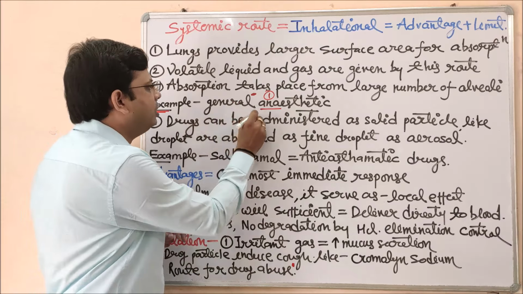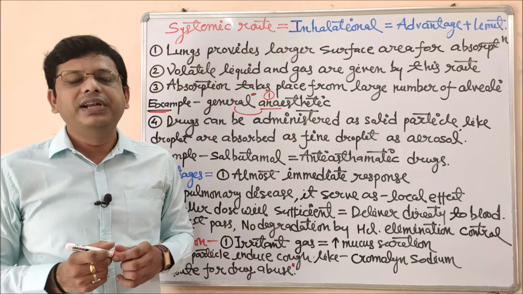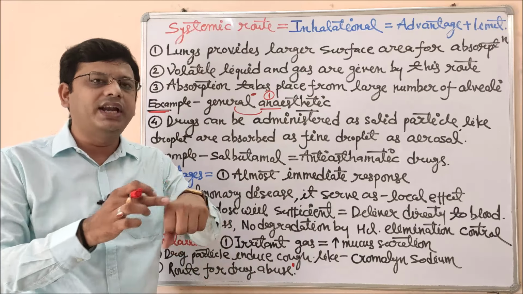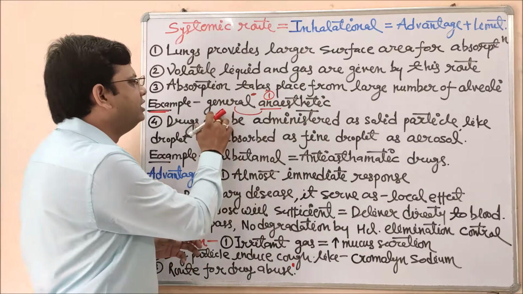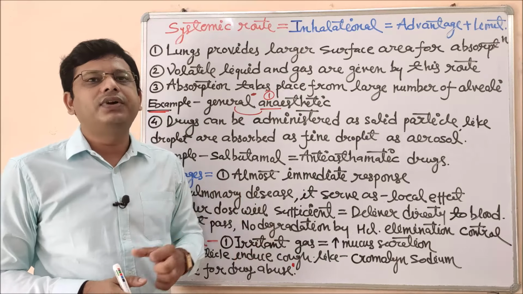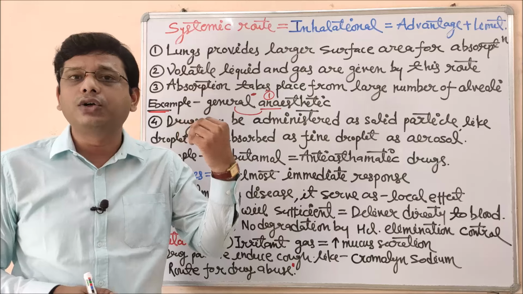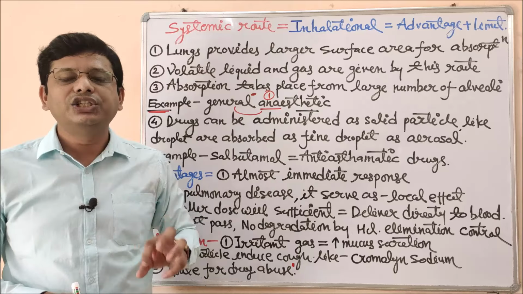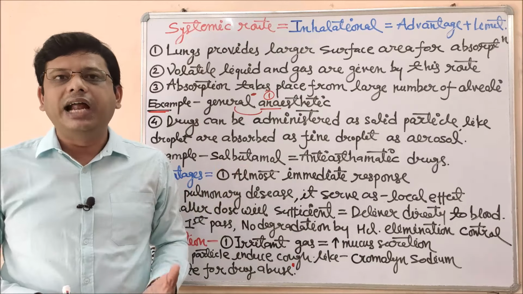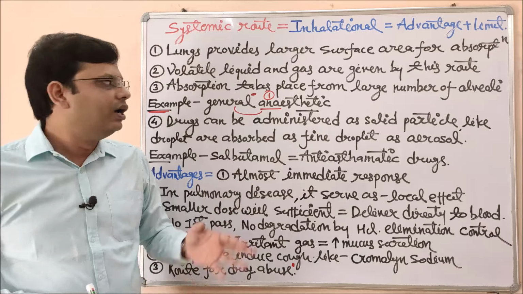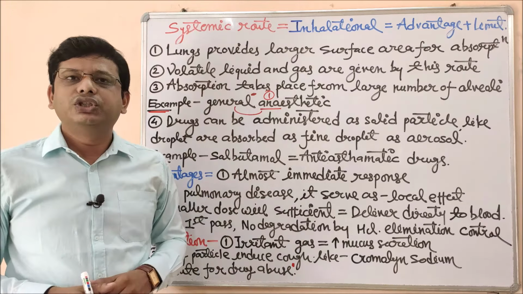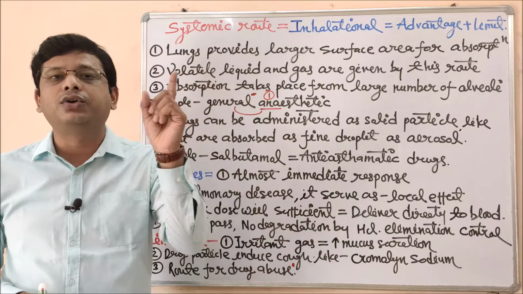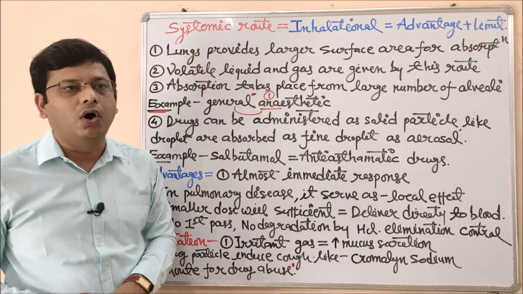So we are talking about general. Those anesthetics which are used to completely block the sensation of pain throughout your body, that means the complete body, not restricted to any single part or specific part, are called general anesthetics. To give general anesthetic, we have different routes of drug administration, even with different types of drugs too. But in case of maintenance of anesthesia, we have to give the drug via the inhalational route. That will be either gases like nitrous oxide along with different types of drugs like chloroform, etc. They will be given via this route of drug administration so that it will produce a faster effect, and their elimination is also possible, which will be under your own control. So this is a major advantage of this route of drug administration.